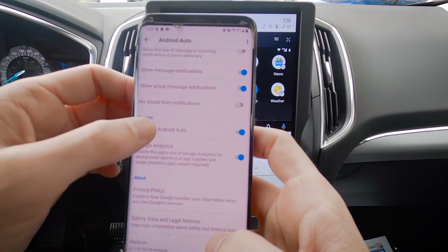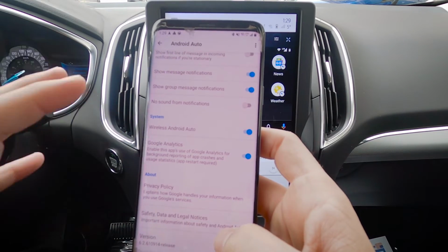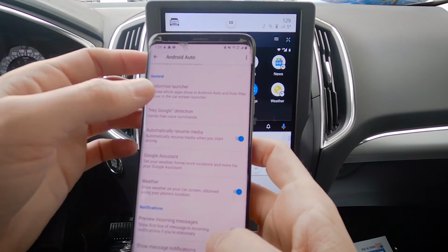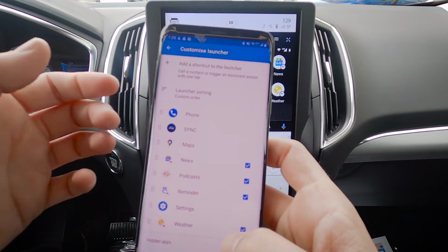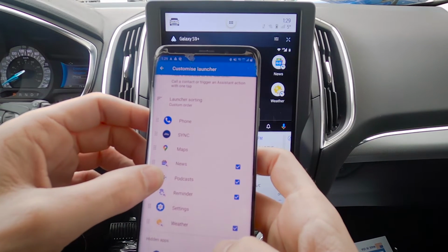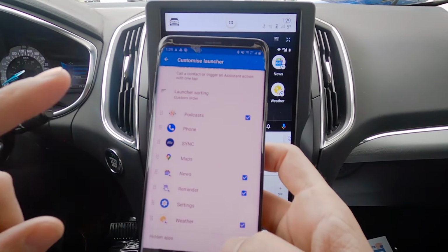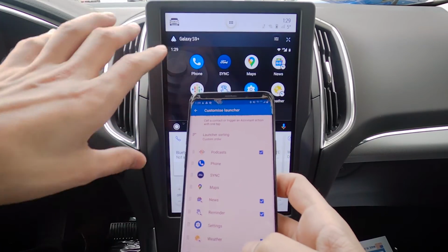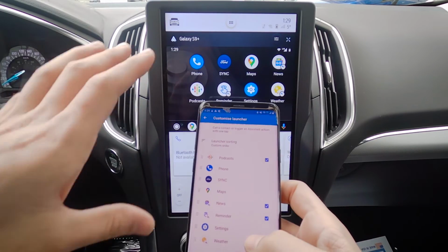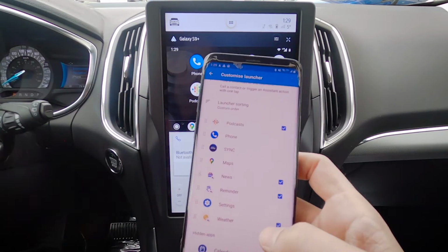So if you tend to use certain apps or you don't want to use certain apps, we can do a mix and match and play around with them. But one of the nice things is that we do. So look at that. Customized launcher, very similar to what we saw on the Apple side of things. We can drag these around if you tend to listen to certain ones. Now, one thing that's different on the Android side of things is that we do need to reset Android Auto in order for this to work. So we just have to relaunch it in order for it to work,